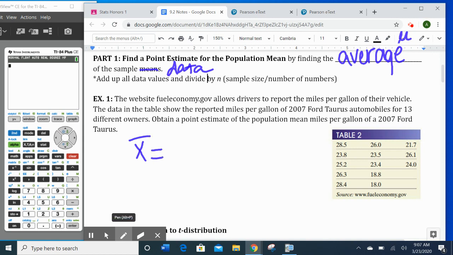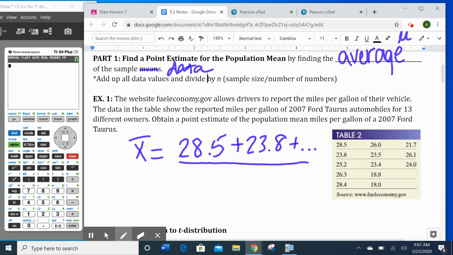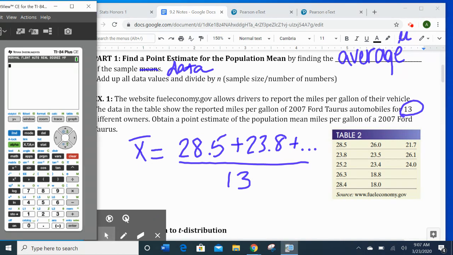I do that by adding everything up. So I'm just going to put 28.5 plus 23.8 plus dot, dot, dot. I'm going to add up all the data and divide by the number of numbers. They tell me that there's 13 of them. I can add them up and see that there are 13 of them. So I'm going to add all of them up, divide by 13. So 28.5 plus 23.8, 25.2,